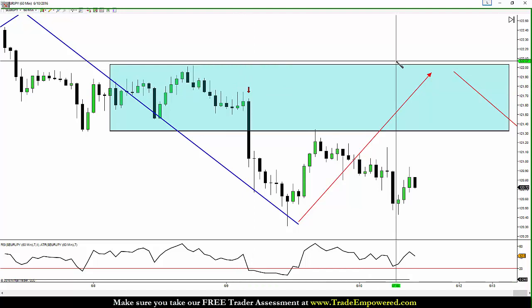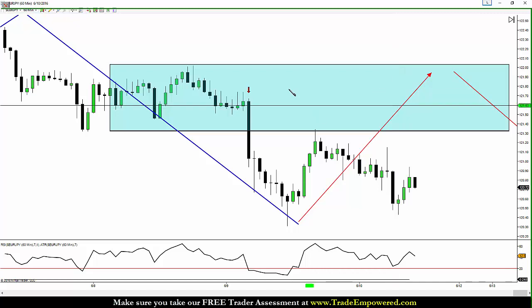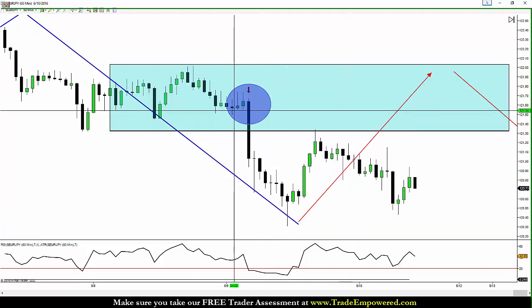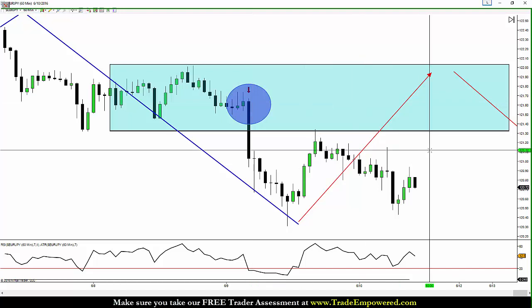I try not to talk about supply and demand. From what I've noticed in the past, it confused a lot of people. So I just like to group everything as support and resistance or structure. But I do pay attention to big candles, because these big candles don't happen by accident. They don't happen by me or you entering positions. I can't make the market do that. So you want to pay attention to levels like this. If they were important in the past, there's a good chance they'll be important in the future. So looking at this level for a chance to get involved,